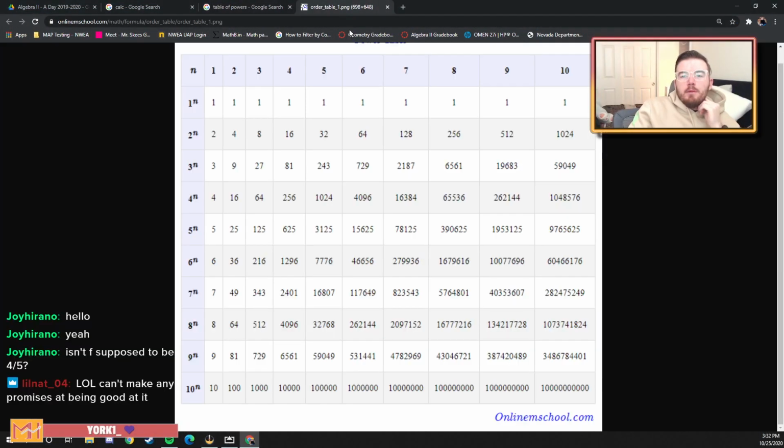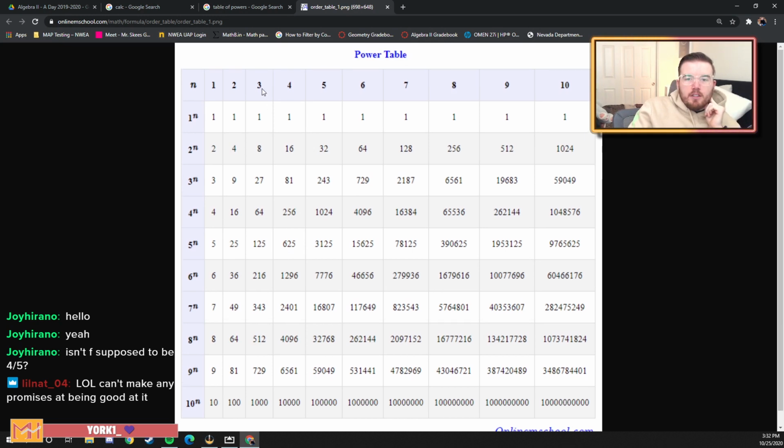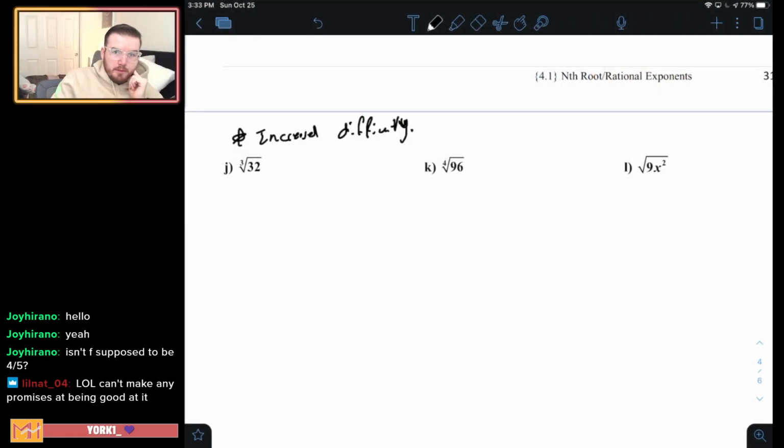When you look at this table, what is the cube root of 32? Not on here. It doesn't come out clean and pretty. The fifth root of 32 is 2. So there's 32. But this is asking us to find the cube root of 32. Okay? It's asking us to find the cube root of 32. Well,